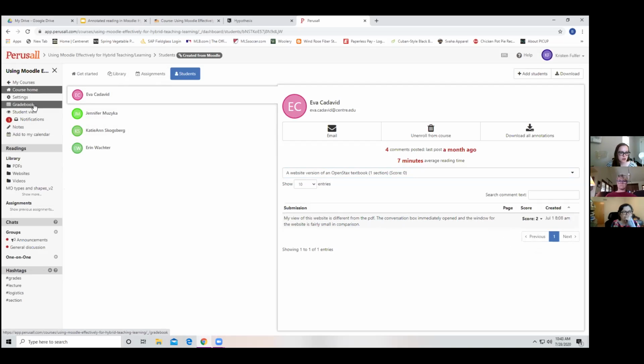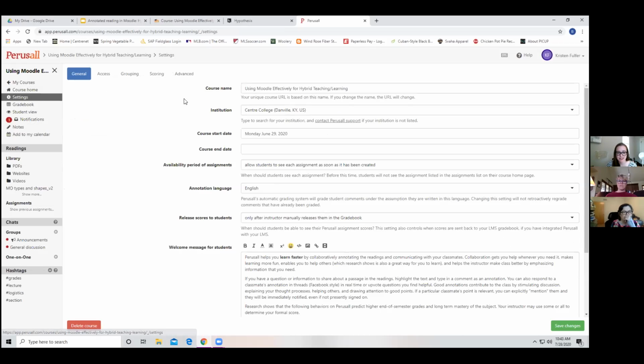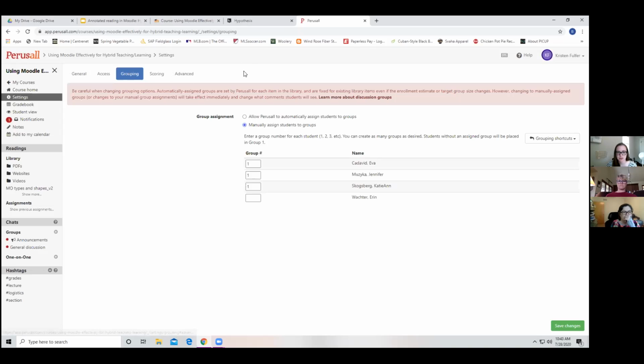Okay. So there's also, if we go to this left-hand panel of settings, this is where you can change your grading and also create groups. So we're going to skip the first two groups. I will warn you that you can automatically have Perusall divide your class into halves or quarters, or you can manually assign groups. If you change the groups,